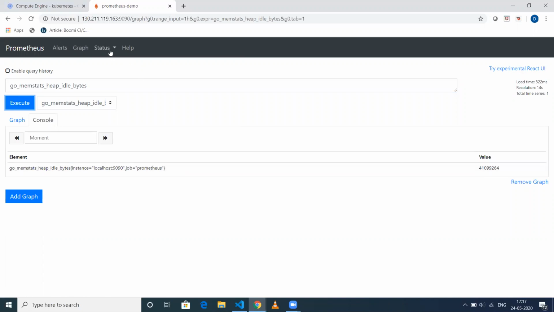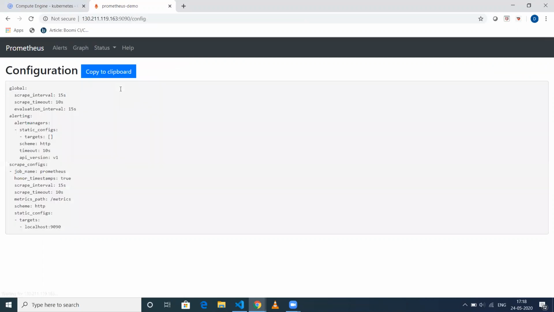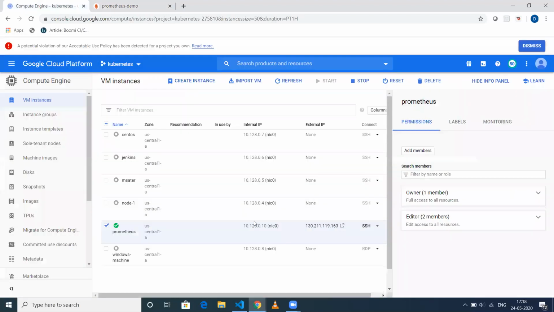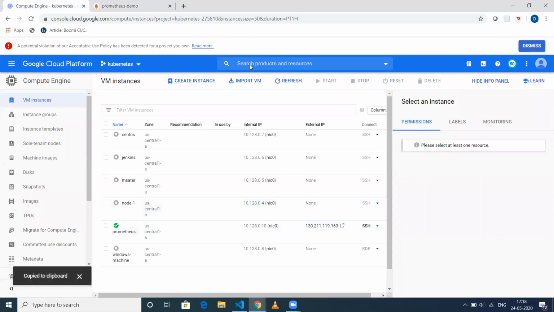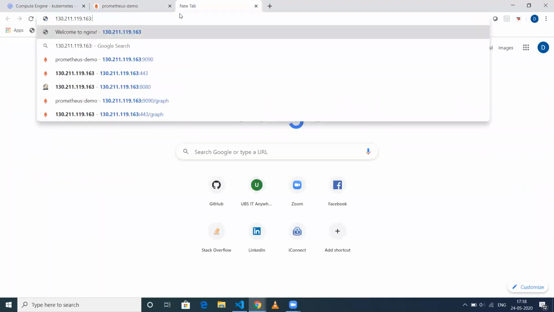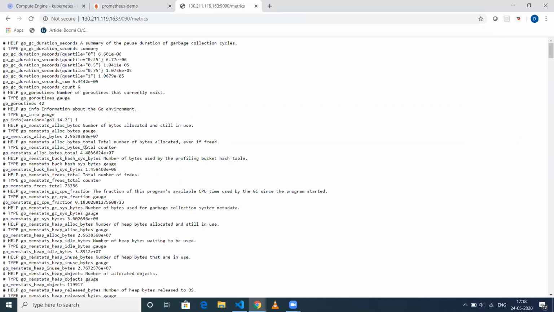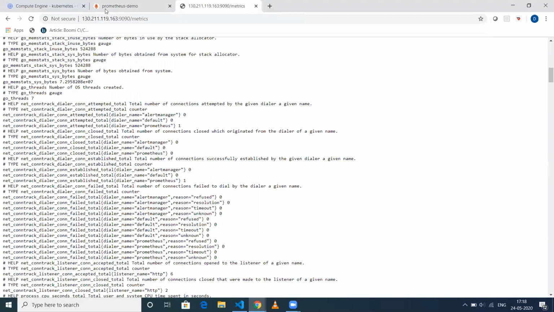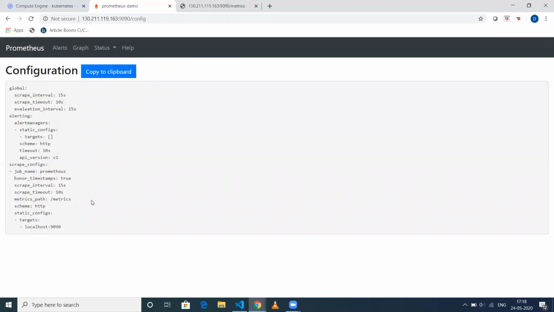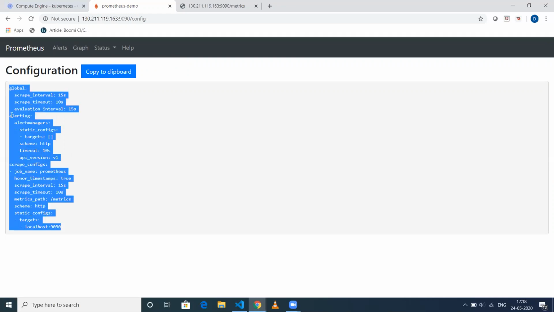So where are these coming from? Whenever you install Prometheus, by itself Prometheus exposes one endpoint. That endpoint is the machine's IP address, then the port 9090, and then /metrics. When I give this, see, this is where Prometheus exposes its endpoint. From here all these values are scraped into my Prometheus. So this tab is the exact copy of that prometheus.yml.